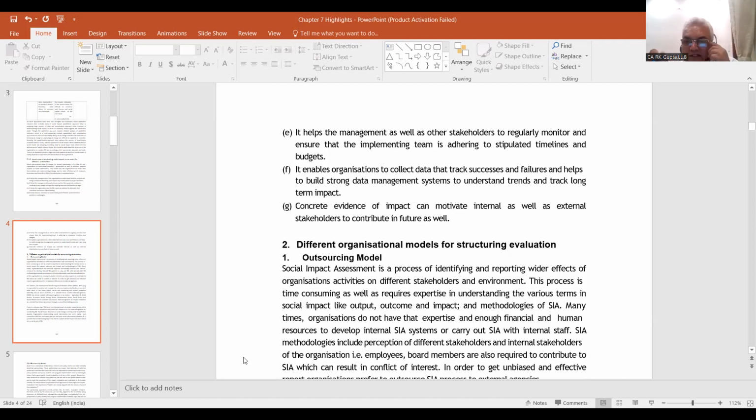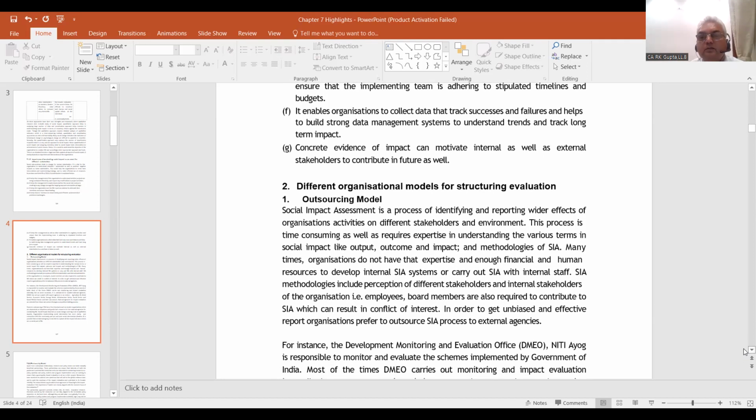So if you want to identify and report the wider effects of organizations' activities on different stakeholders and environment, you may not be equipped. It is time consuming as well as it requires expert knowledge in understanding the various terms. So many times organizations do not have that expertise and enough financial and human resources to develop internal SIA systems or carry out social impact assessment with internal staff. So social impact assessment methodologies include perception of different stakeholders and internal stakeholders